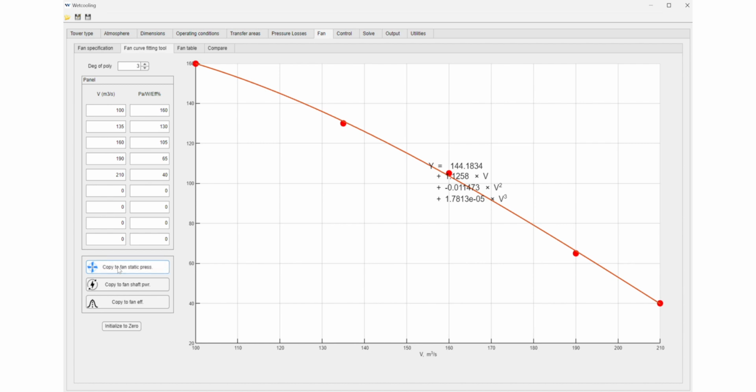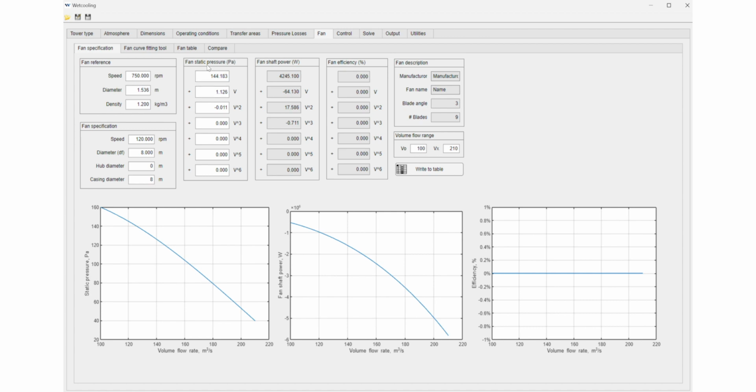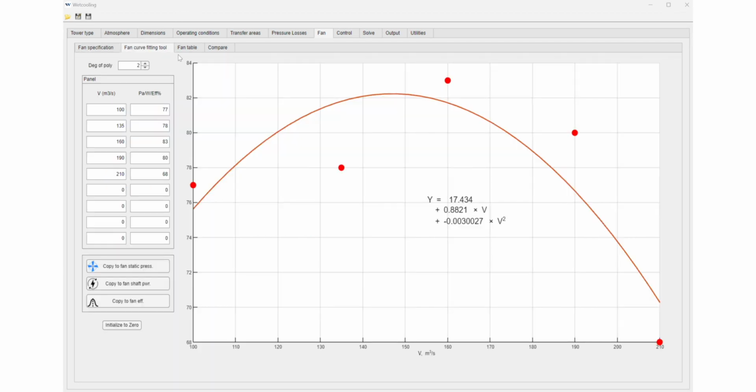I hit copy, and now we can just verify if it's correct. I see that the first one is 144.1834. If I go to fan specification, you can see that it entered in these blocks all the coefficients that are necessary. Here I've entered points already to show the fan efficiency curve, and you can see if I select